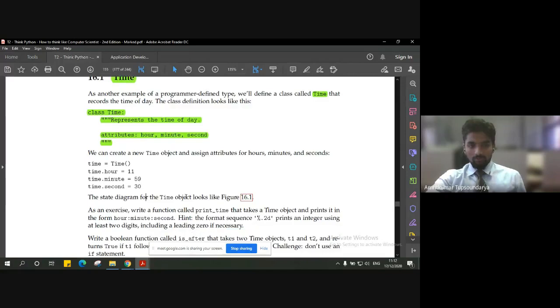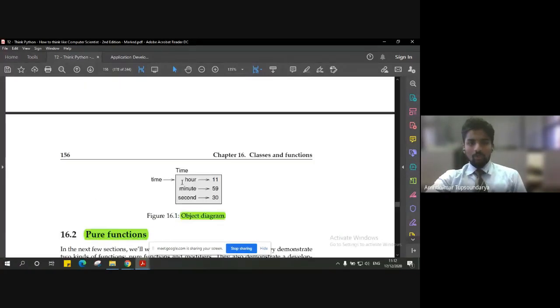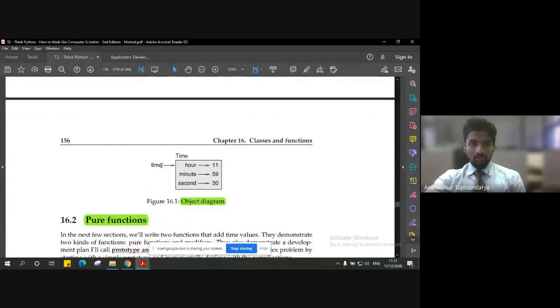To illustrate how it looks on the object diagram, we have an object called Time, stored in the variable time, and inside that we have three attributes, hour, minute, and second, with some values assigned to them. That's how a simple object diagram would look.